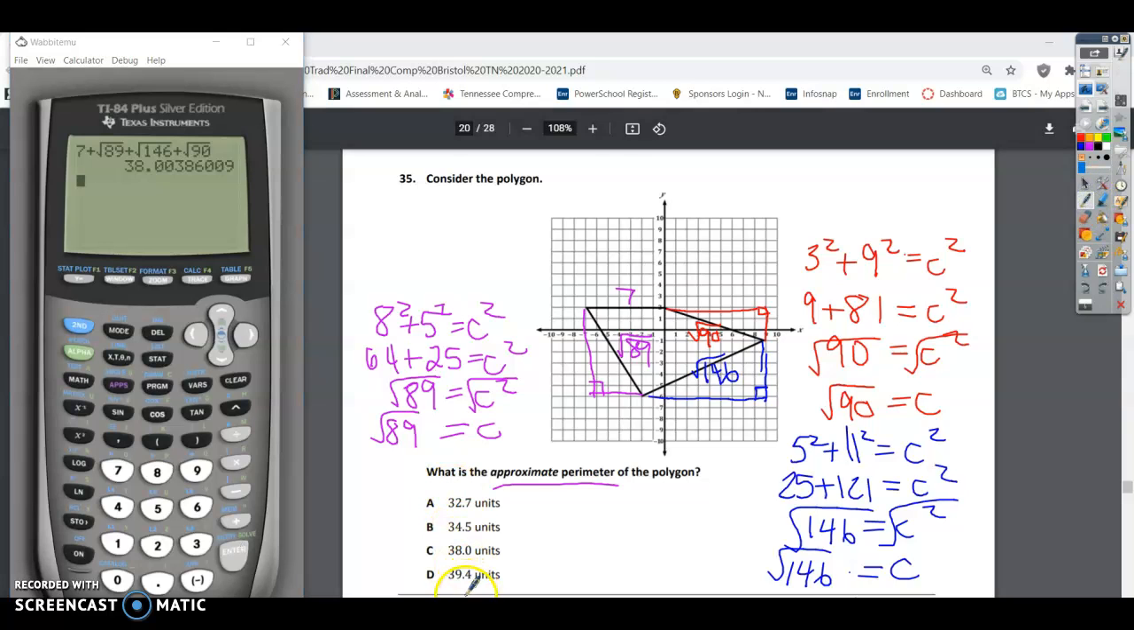So if I look down through here, my answer is C. 35